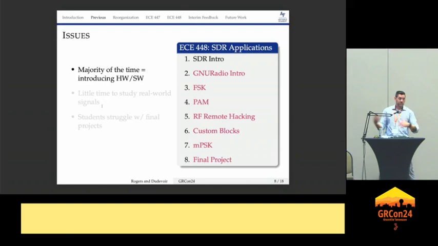So now if we switch over to the other side and we take a look at 448, again, I'm pretty happy with this sequence of things that we're teaching them. We're starting to look at some representative modulation types that are maybe more relevant. But I end up teaching a lot of lessons just troubleshooting the hardware and the software. Like, what's the buttonology of GNU Radio? How do I create a flow graph? What are the data types that flow through it? And what are the implications of using complex data versus real data? We have to teach all of that stuff, and that can get in the way sometimes of the cadets backing up and looking at the modulation. Hey, what is this signal actually trying to tell me?